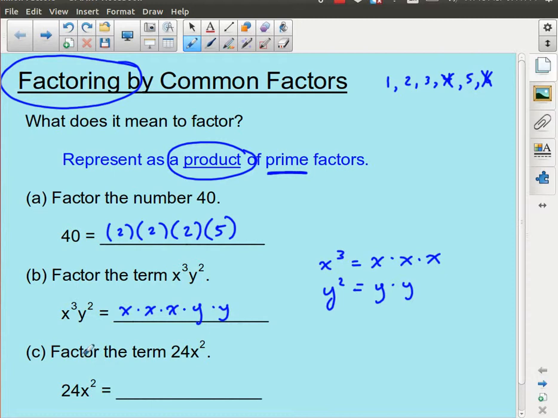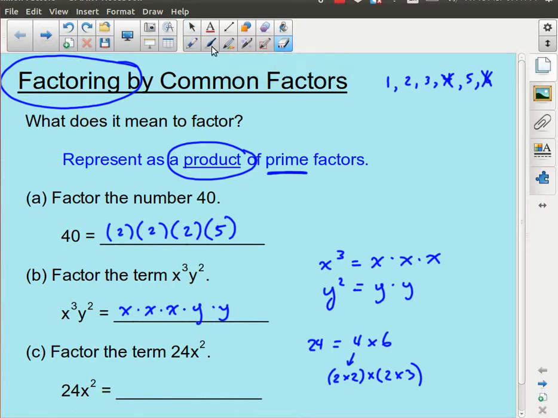For the term 24x squared, we start with the number 24. Well, when I look at the number 24, I think of the product 4 times 6, but 4 is actually 2 times 2, and 6 is actually 2 times 3. So I end up with 2 times